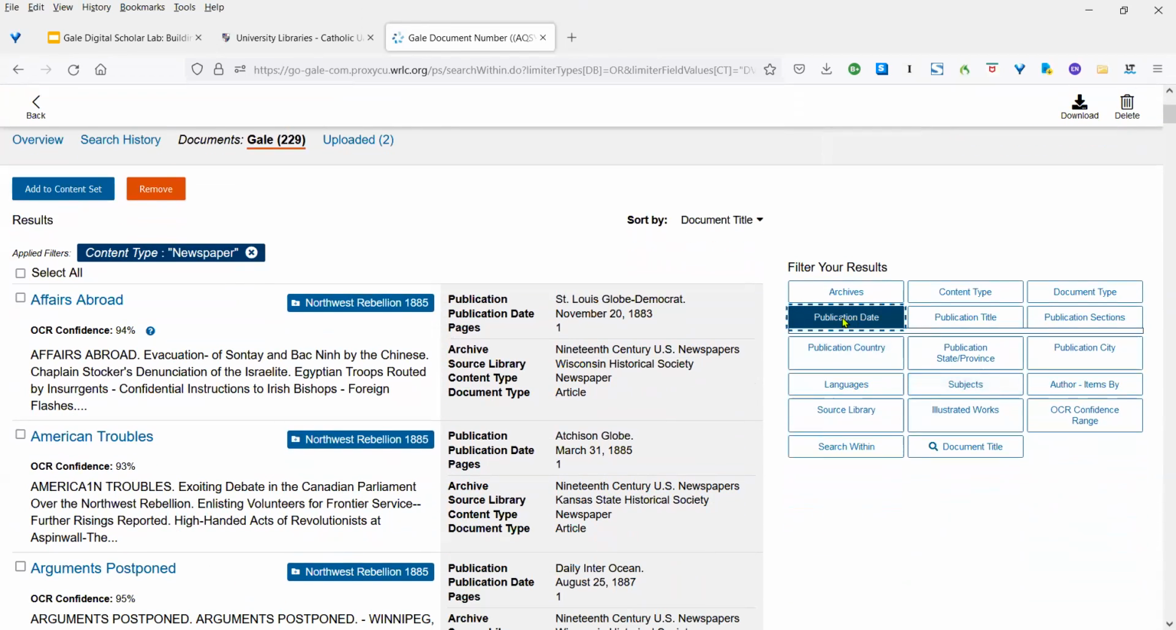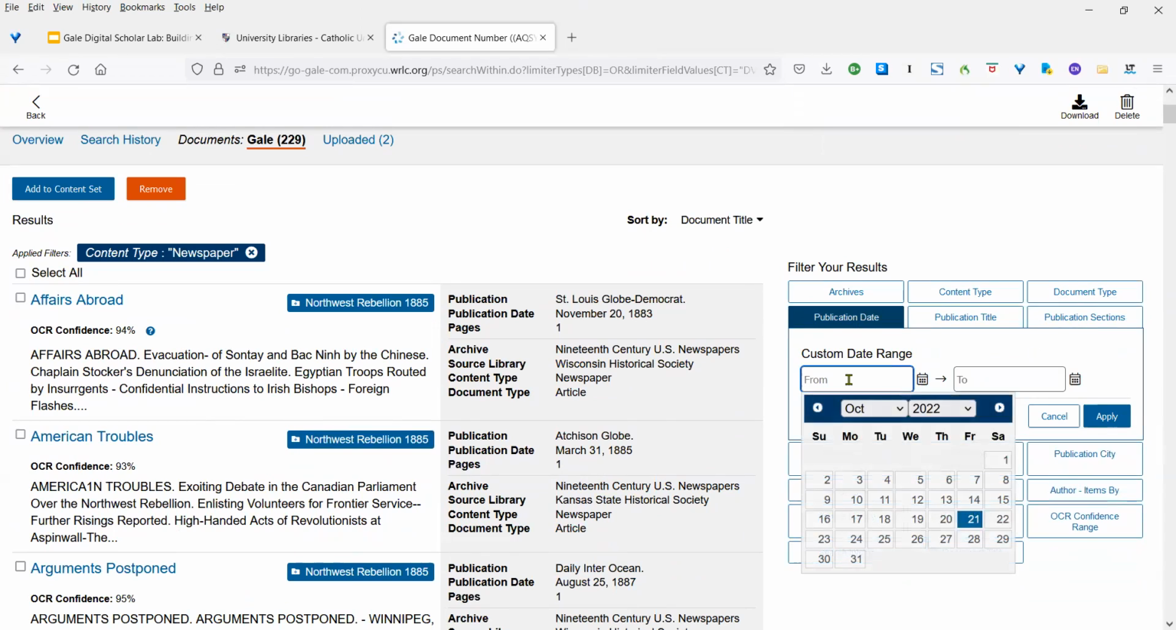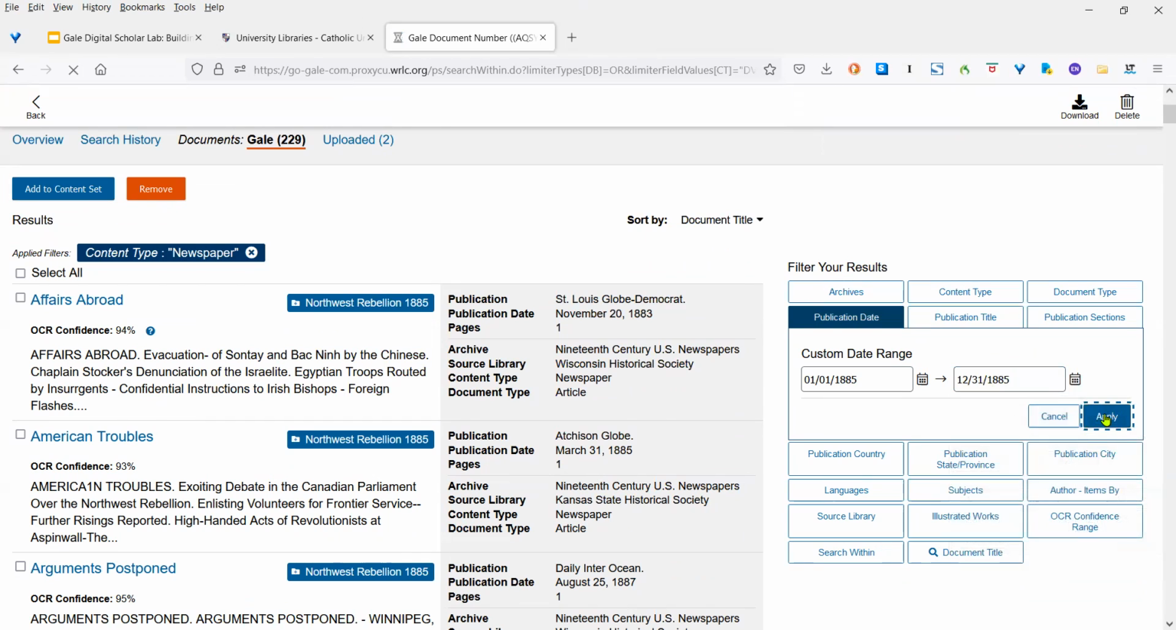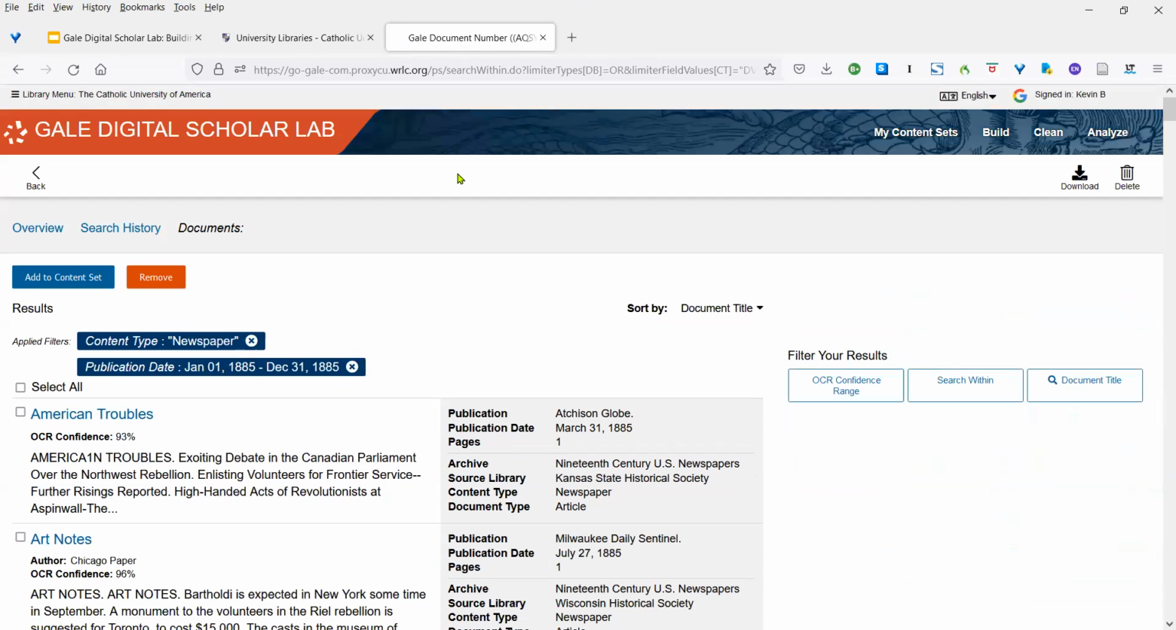say the publication date. And I noticed here, if you just type in 1885, it happened over March and June 1885, you'll get 0 hits. So what you have to do is make sure that you put in everything. So I'm going to do that, 31 and 1885. And then once it's applied,